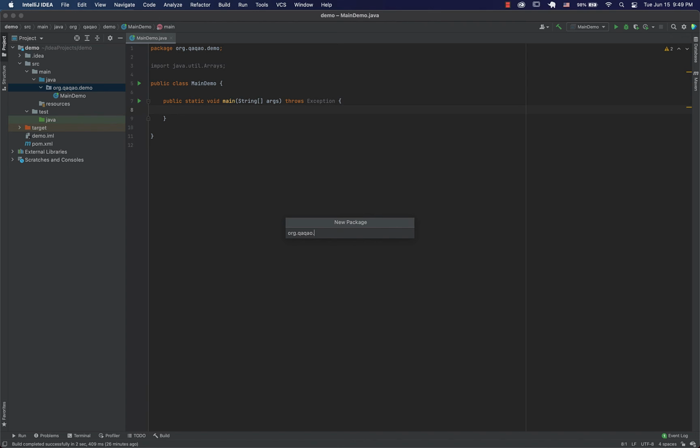Sorry, my bad. Exceptions. All right. So in the exceptions package, as I mentioned earlier, let's say we're working on an email client